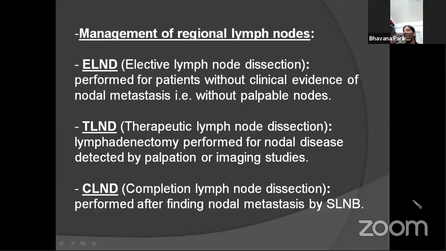And in stage 3 melanoma, PET CT scan can also scan the areas where the normal CT scan cannot, like the limbs, the upper limb and lower limb also. So this is one of the most common investigations in stage 3 melanomas. Otherwise, routine investigations like ultrasonography and CT scan are also part of the metastatic workup for melanoma.